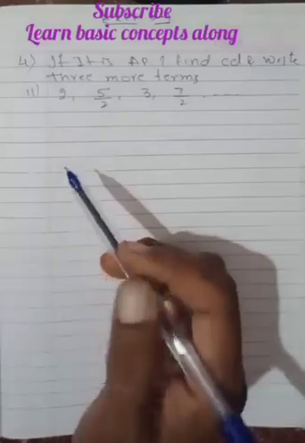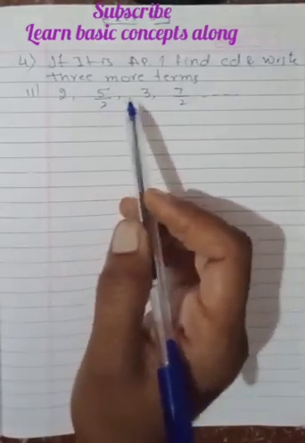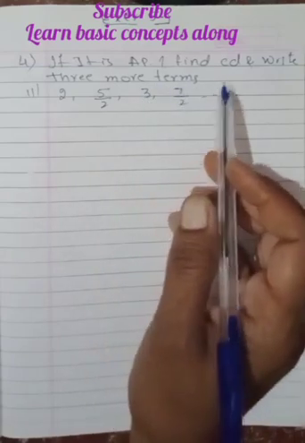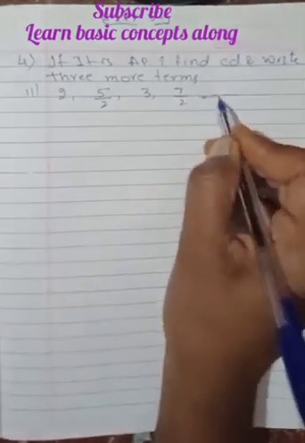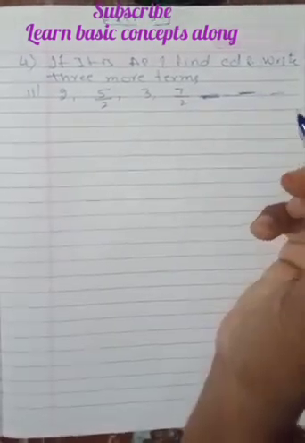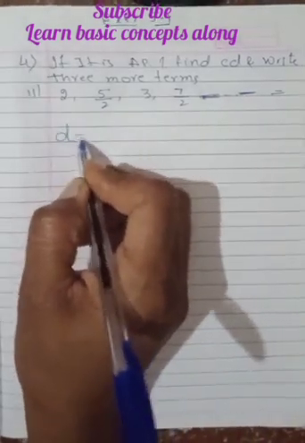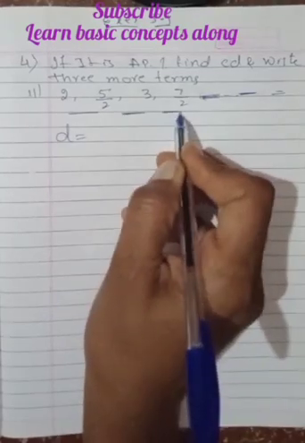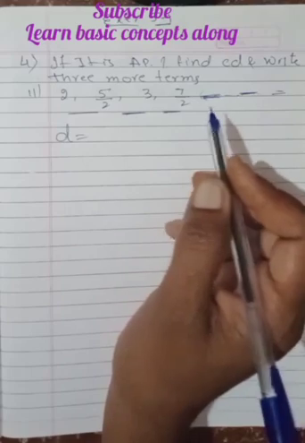Very simple. Look at this one. You are given a series and it is asked whether the given series forms an AP. In that case, you have to find the common difference and also 3 more terms, the next 3 terms after this one. Okay, this you have to calculate if it forms an AP. Now look at this one. For finding the common difference, you have to see the difference between these 2 numbers, then these 2 numbers and these 2 numbers. If it is the same, then you are going to say that it is an AP.